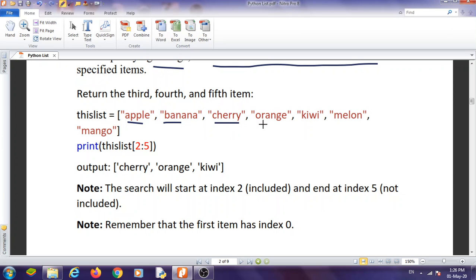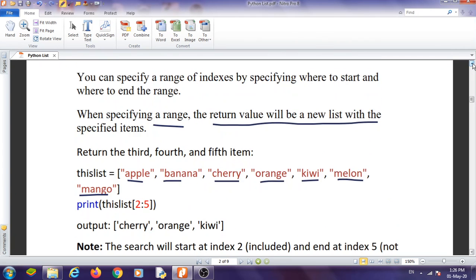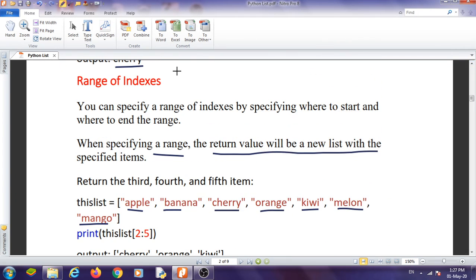These are all the elements of the list, and every list element can be accessed along with its index, as you know. And we are using a range, that is slicing.